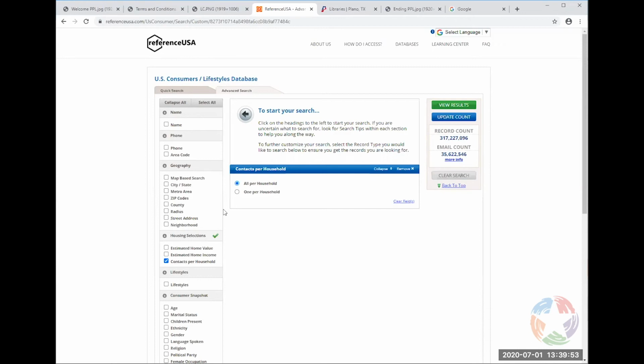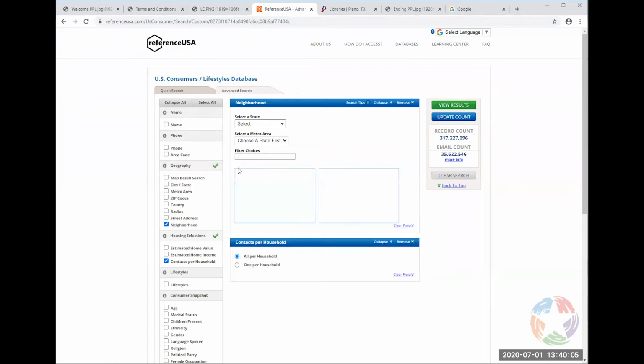A lot of times people will pick geography as how they want to target an area. In this case, I'm going to pick neighborhood because we haven't seen that yet. So if you go into neighborhood, you're going to pick Texas. Again, they tell us metro area, and we know from before that metro area is Dallas-Fort Worth for us. So we're going to pick Dallas-Fort Worth.